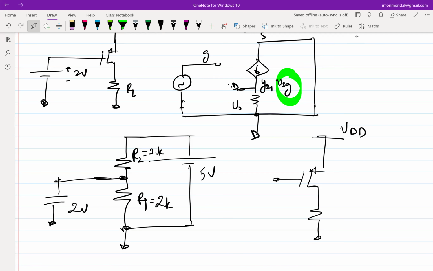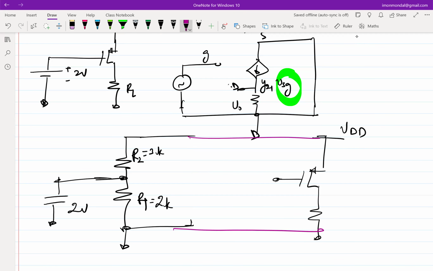So we can make this a VDD. VDD is also 5 volt. Oh, yeah, so this is agreed. This maybe I can connect it up. So this connects here. So this VDD is connected. This is also connected. So now